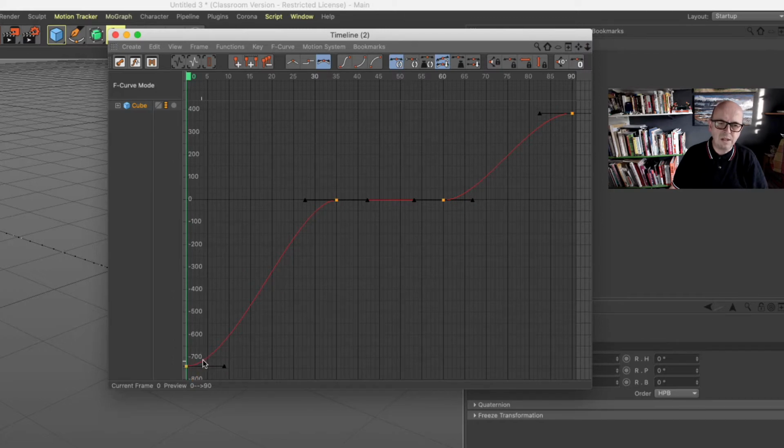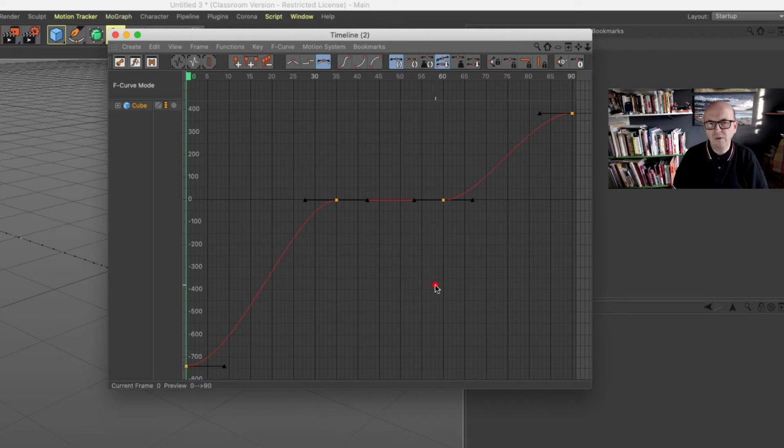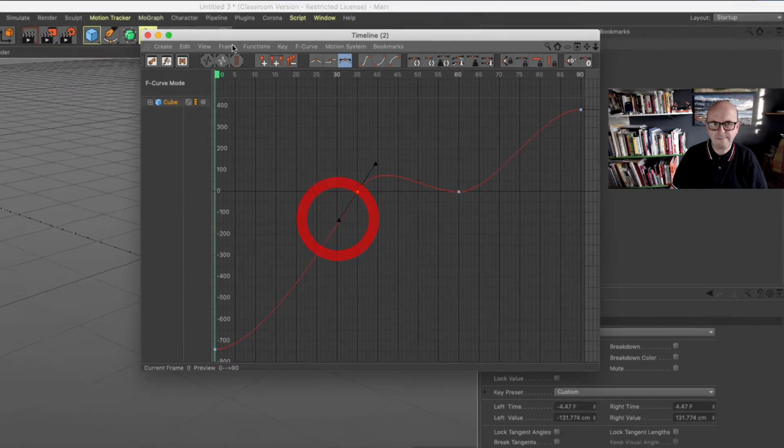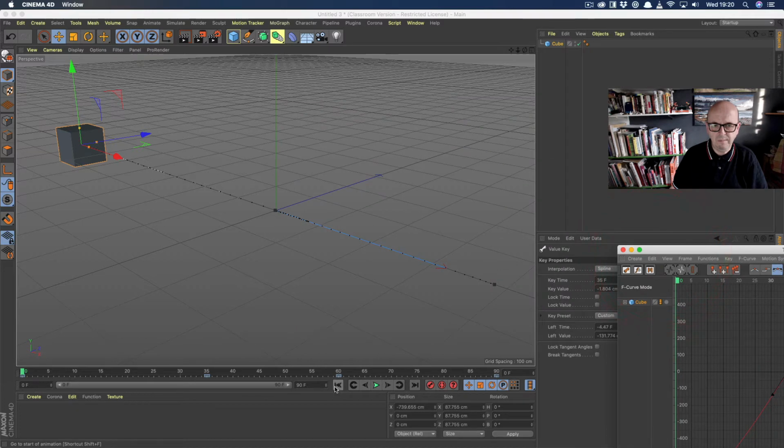It starts slowly, speeds up, then starts to slow down, then it stops. And it's not moving in this direction at all, so it's stationary, then it moves off again. Now what used to happen, and I don't know if you've got an older version of Cinema 4D or what, but what used to happen is it used to do that. If I show you,